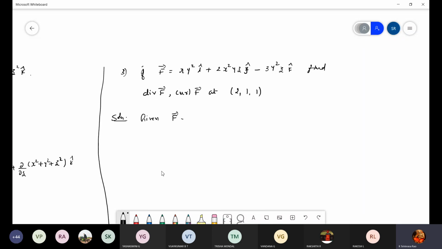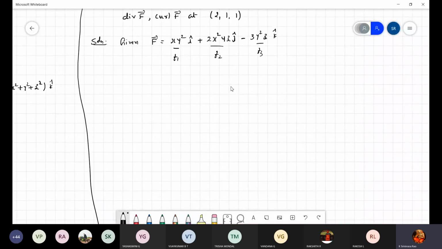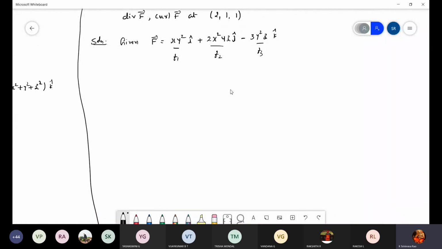Given f equals xy square i cap plus 2x square yz j cap minus 3y square z k cap. Okay, so this is f1, f2 and f3. If you want, you can denote like this, it will be easy, just to recognize the components. Yes, write the formula. We know that